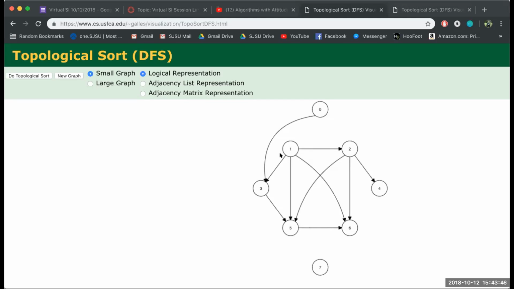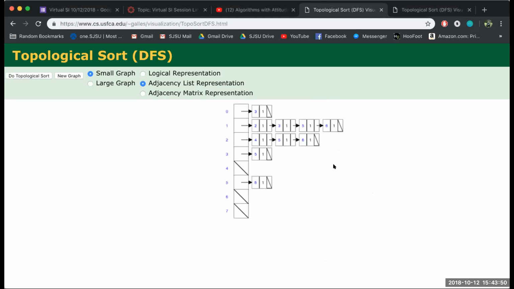So, okay, let's look at the adjacency list representation of the same graph. So here it is. All of these are classes 0, 1 through 7. And when I look at 0, I can see that 0 has a prerequisite of 3. When I look at 1, I can see that it has a prerequisite of 2, 3, 5, and 6, and so on. So if I want to get the order in which I take these classes,